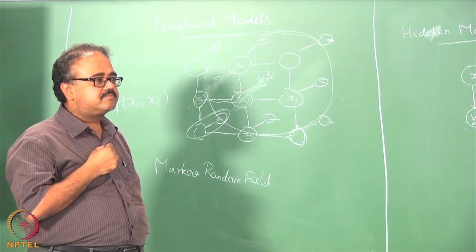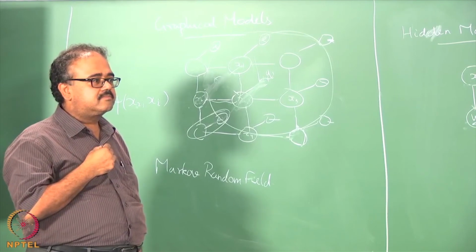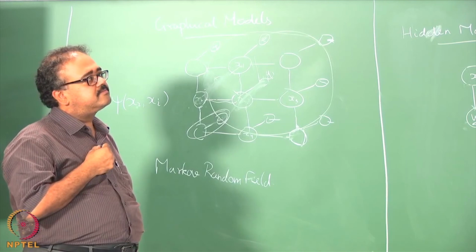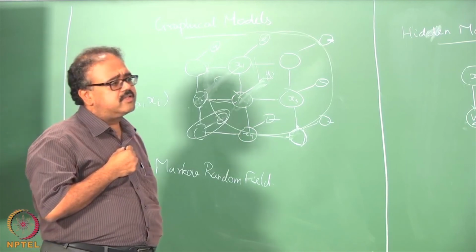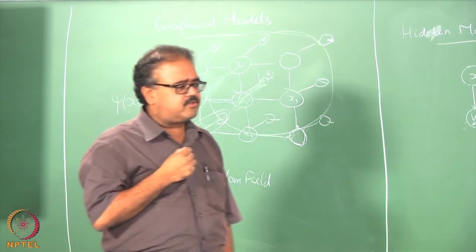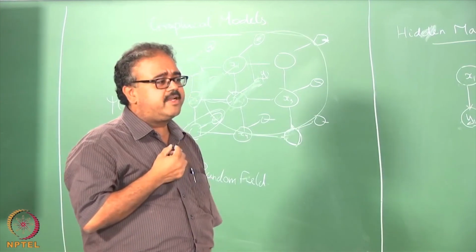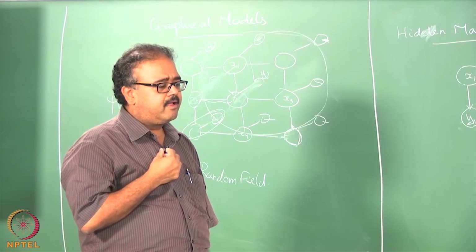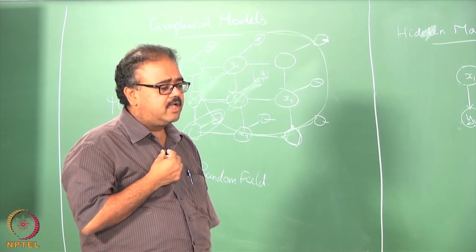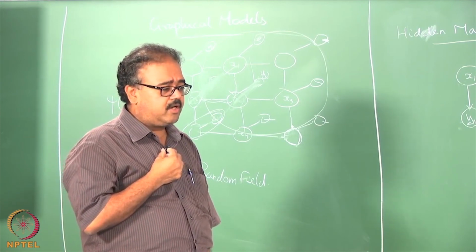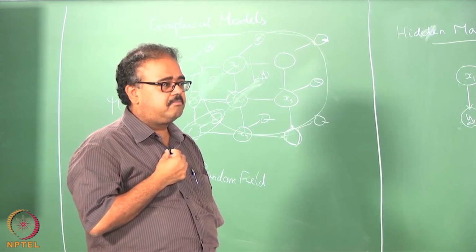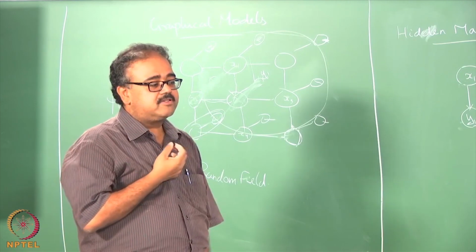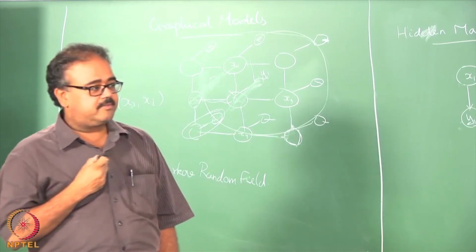Yes, psi of xi and its neighbor, that can also be the same. You could do that also. Psi of xi plus 1, whatever, that could also be taken as being independent of i. You lose more modeling freedom that way, but you could do it that way as well. It depends on how much effort you want to spend in building the model.